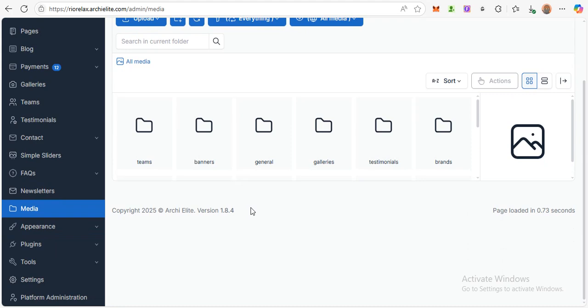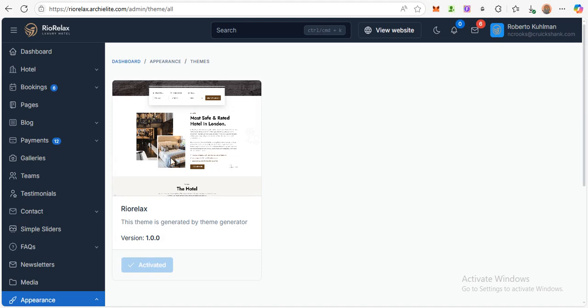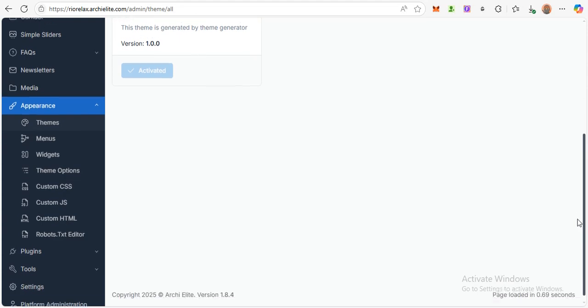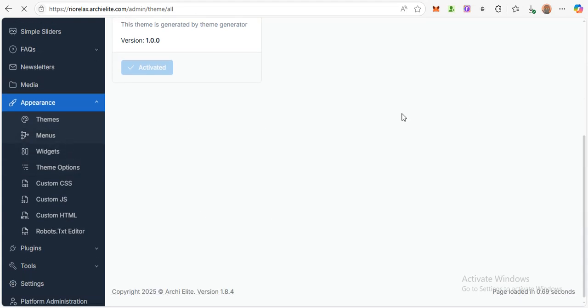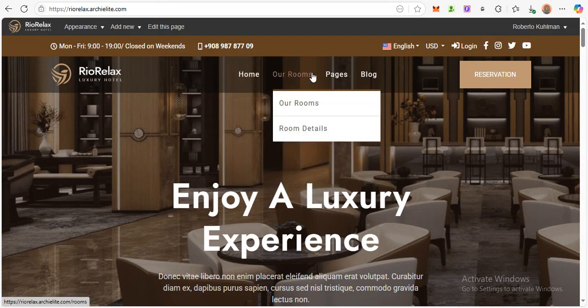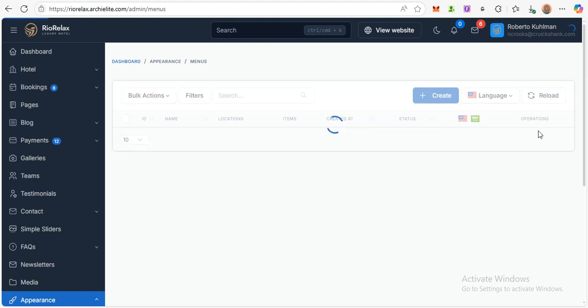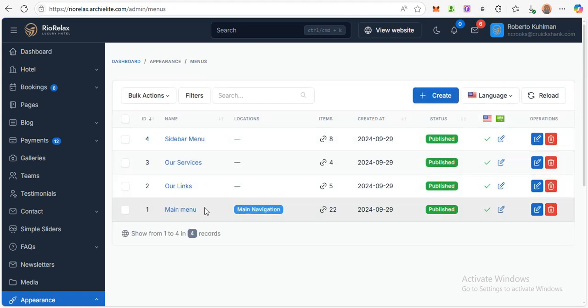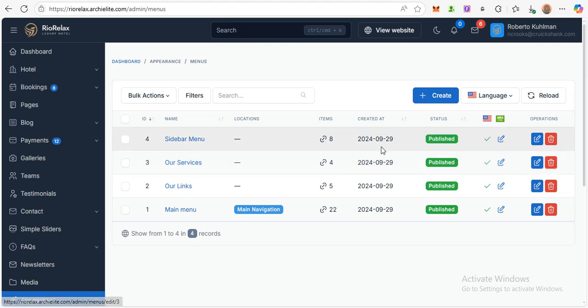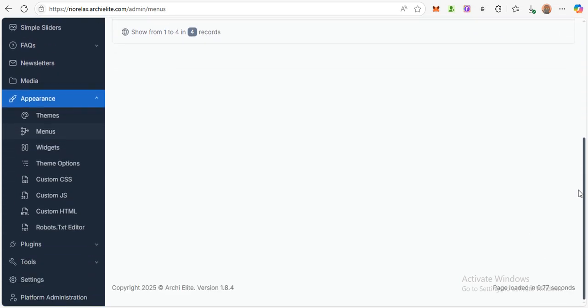That is it. Then this is the appearance, the theme. It only has one template, which is activated. You can change the menu, how the menu is displayed. This is the menu: home, our rooms, page, and blog. You can change it. See the main menu, our links, services. You can delete, add, customize it as you want. It's very easy. So this is the widgets, the theme options, custom CSS, JavaScript, custom HTML, robot test,